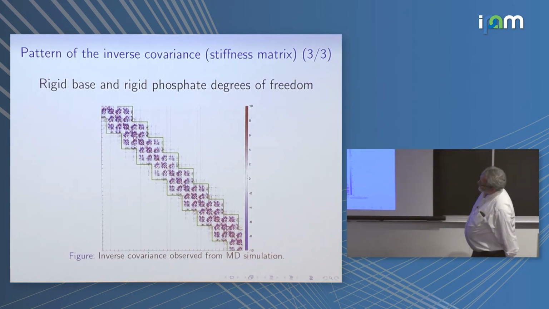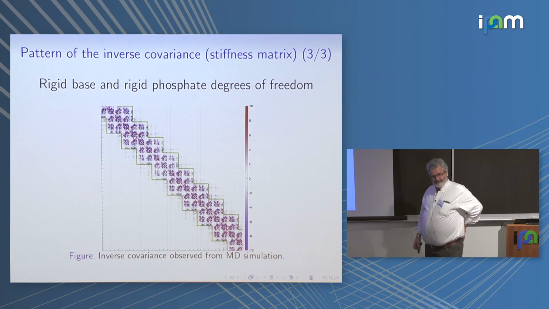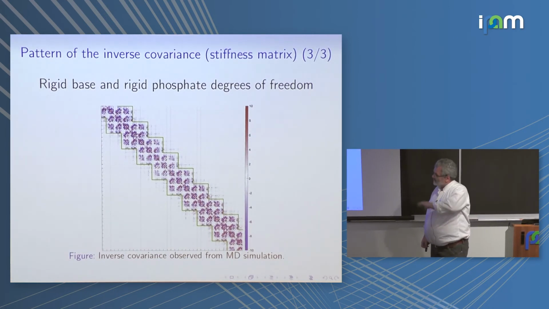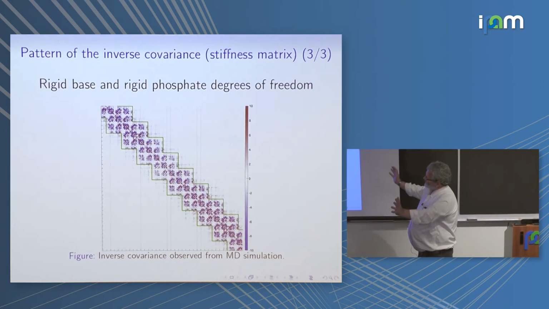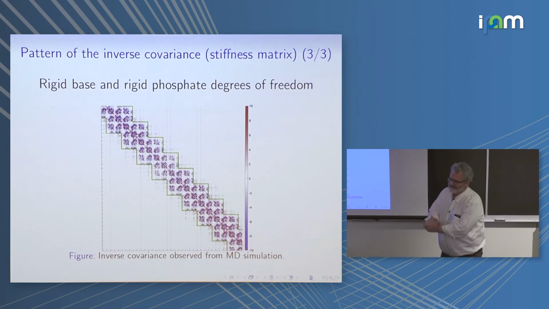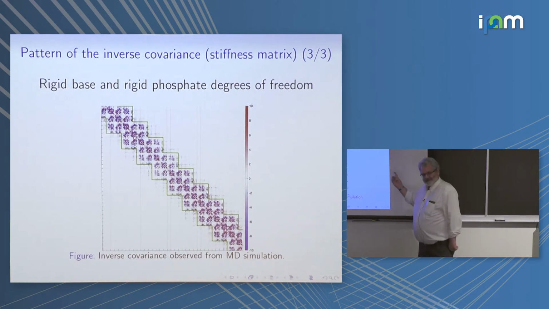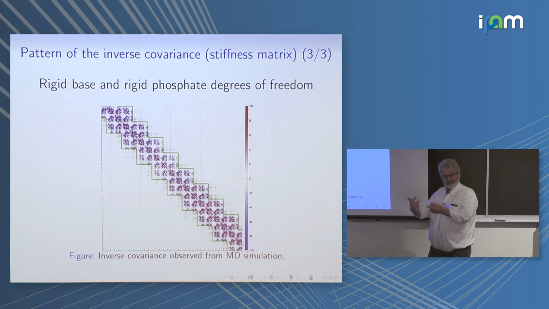Now, the other striking thing about that data is you see these horizontal and vertical white lines. You have to worry about scaling, but this is a sensible scaling, and those white lines are real. And what they say is, well, it's an interesting question. Degree of freedom 1 and degree of freedom 2 are not coupled. What does that mean? Are they correlated or what? I say coupled if there's a non-zero entry in the stiffness matrix, and they're correlated if there's a non-zero entry in the covariance, which is the inverse.